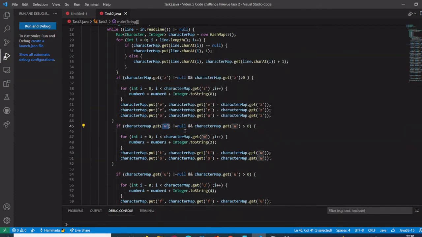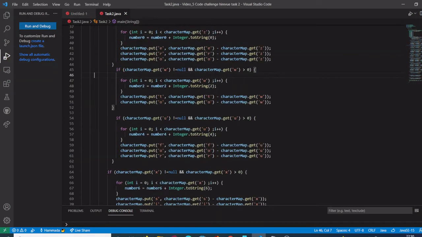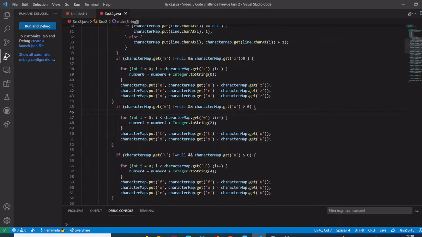Then we can try with the number 2, which has a W as second letter, and check if we can find the T and the O. The reason that we are starting with these numbers